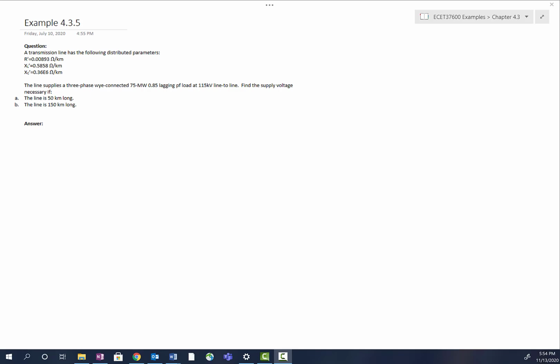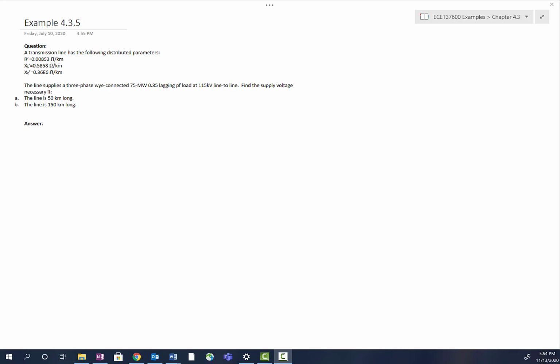Okay, so in example 4.3.5, we're given some distributed parameter models and we want to calculate the supply voltage necessary under a couple different line lengths. The first one is a short line, and the second one is a long line. If the line is below 240 kilometers, we can use one of these approximation models,